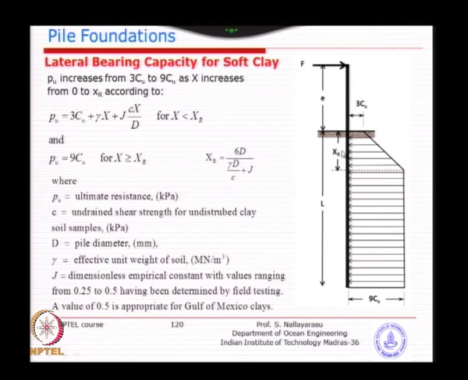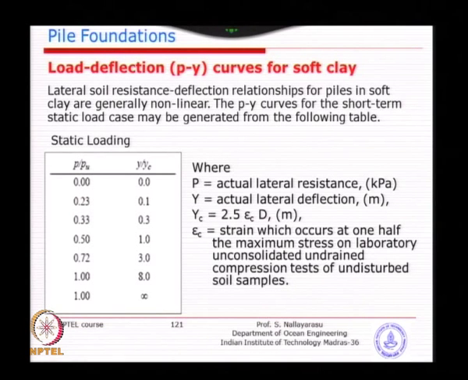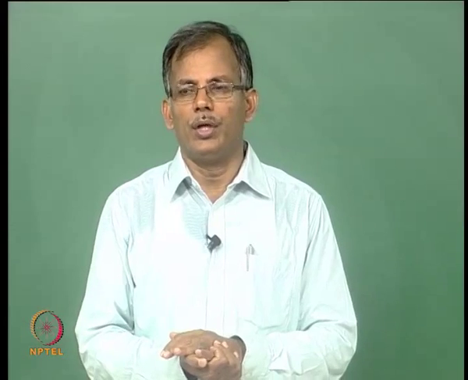If it is above XR, it will be the value interpolated between 3 Cu and 9 Cu. So once you get the Pu value, then P is equal to Pu multiplied by all these coordinate points. So what happens is at 8 times the Yc, it becomes the maximum lateral resistance, after which it will become plastic deformation. This is for soft clay, you must remember it will be a different shape when we go to hard clay,